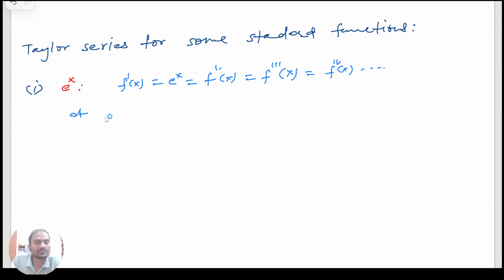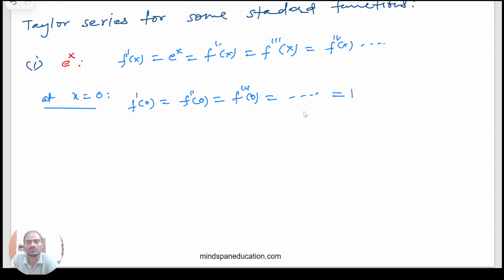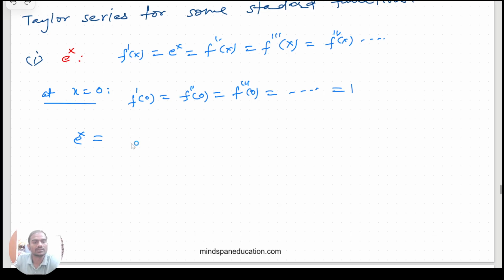So if we expand this at x equal to 0, what will we get? f dash 0 equal to f double dash 0 equal to f triple dash 0, and so on, will all go to 1, right? Since e raised to power 0 is 1. So what will become our formula? e raised to power x equal to f0, first let me write the Taylor series itself,